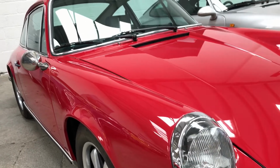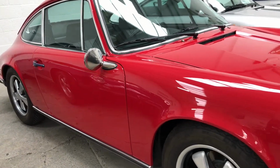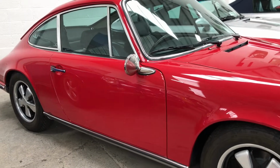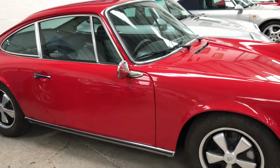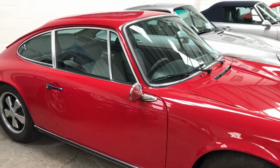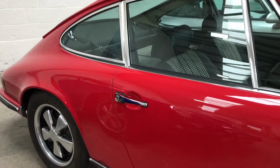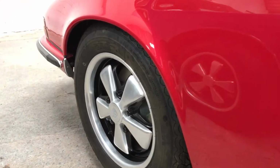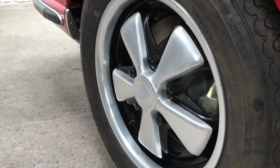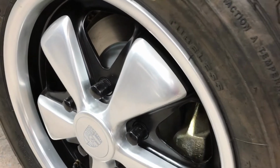It was originally supplied in March 1969 by Glen Henderson in Scotland, so it's an original right-hand drive, numbers matching car in its original colour of Polo red, and the car's just finished a complete top to bottom, front to back restoration. It's been off the road since 1978, so it's got an original